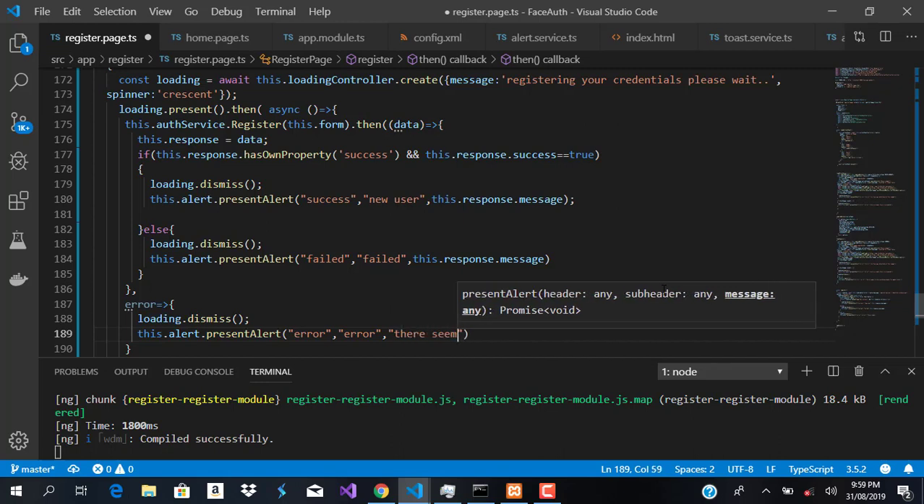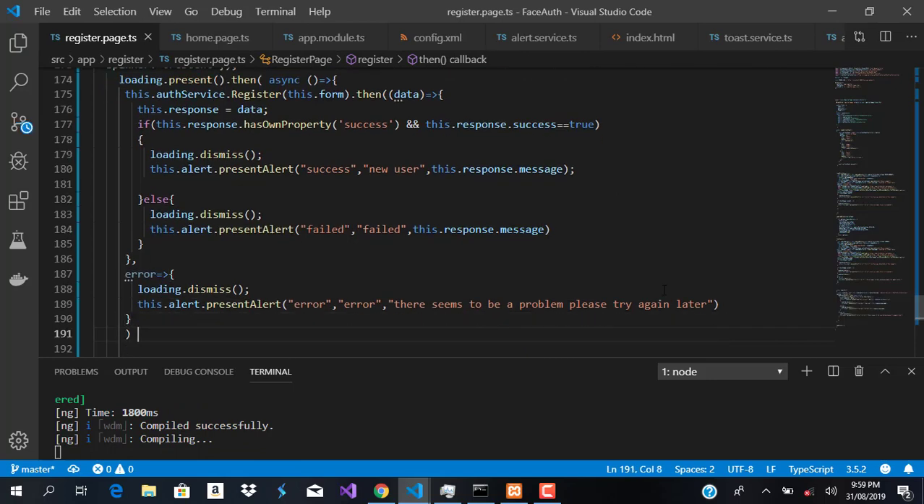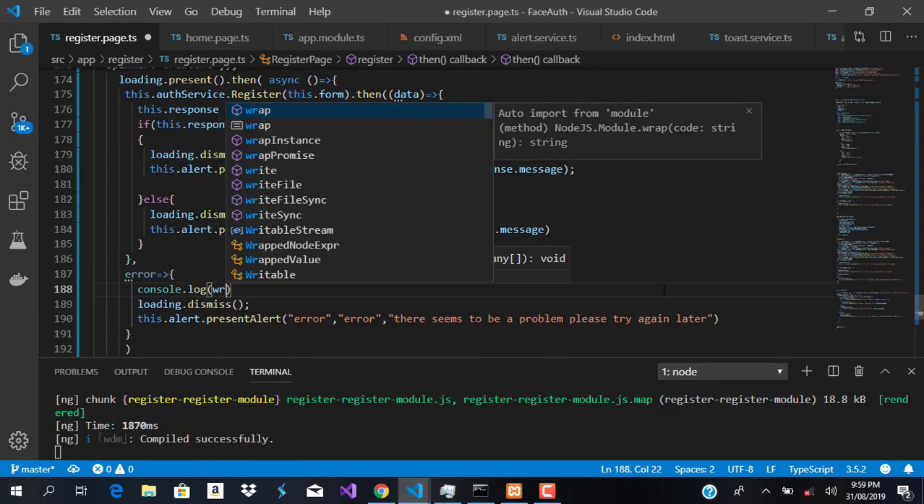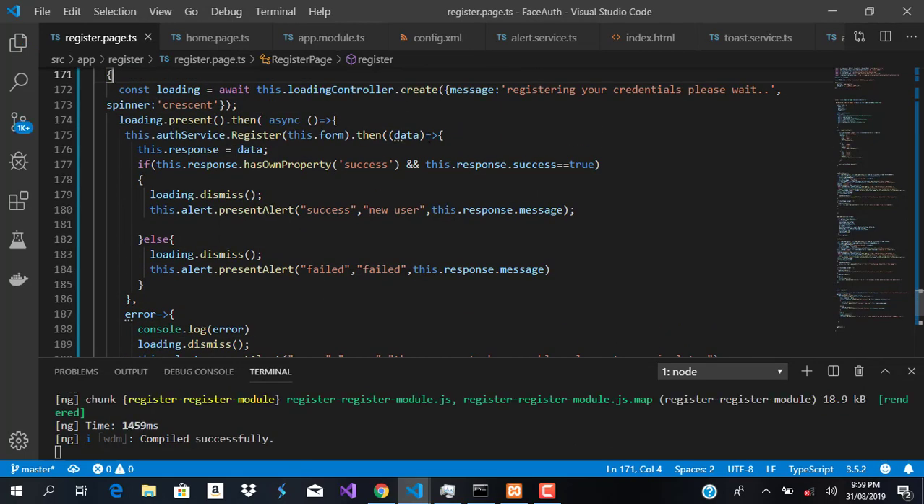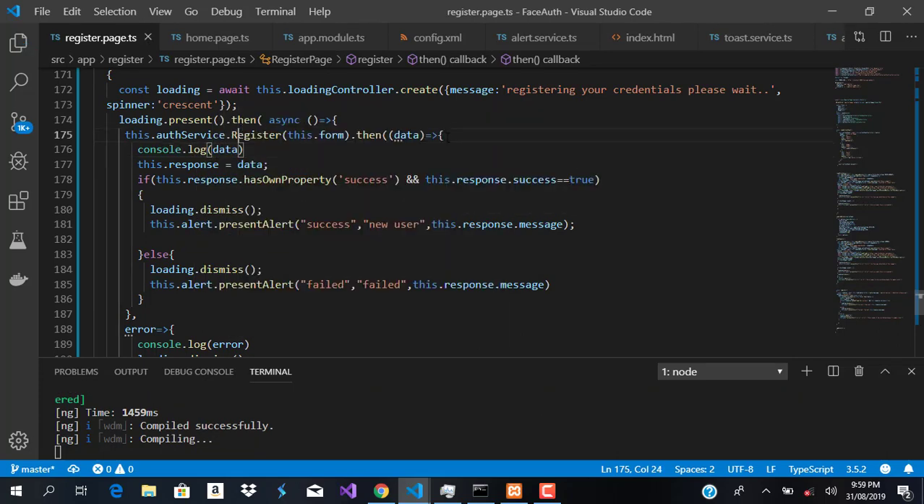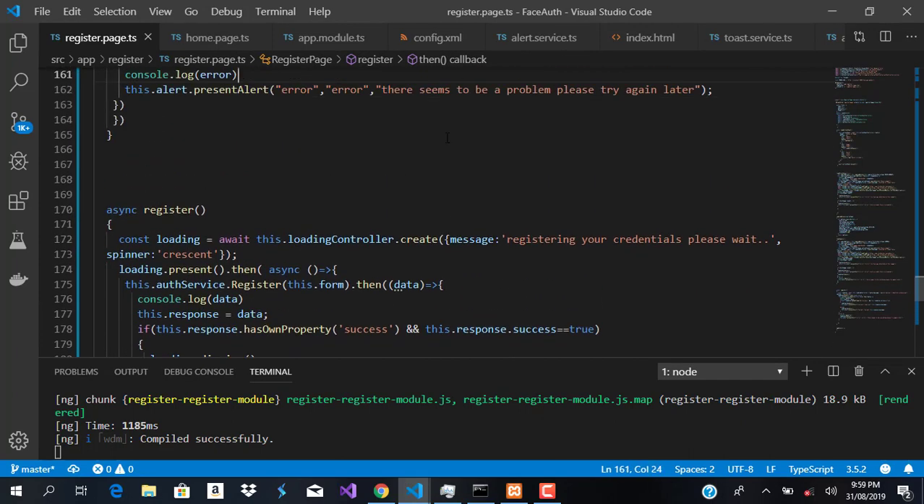There seems to be a problem, please try again later. And now we can save that, and we can also log the error to the console just to be sure, as well as whatever response we get here too. We can also log that to the console data. And so with that being done successfully, what we can now do